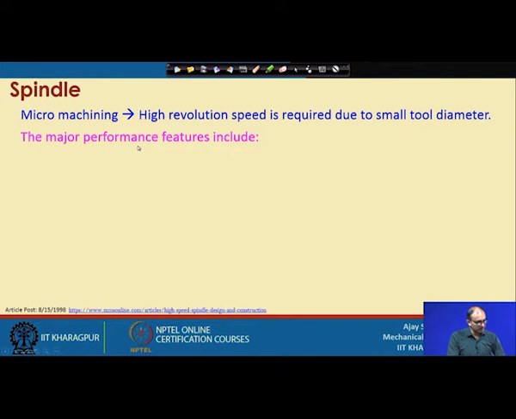right. So, the major performance features required for a spindle: first, the desired spindle power. What is the power of the spindle, because that will decide how much depth of cut you can get and how much force it will sustain during machining. Peak power and continuous power. When you are machining at 40,000 RPM, how long can you continue, because there is a limit on that also. If 40,000 is a peak, you cannot continue for a longer period at 40,000 RPM. So, that is the difference.